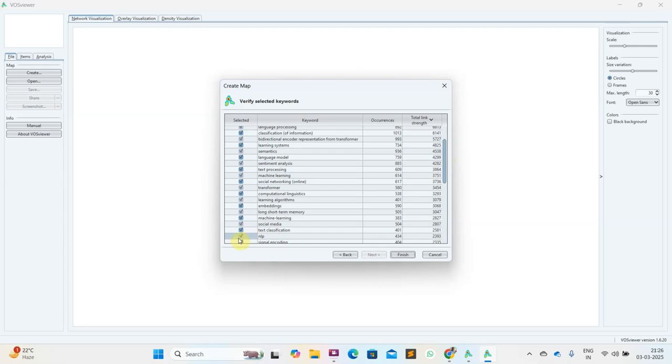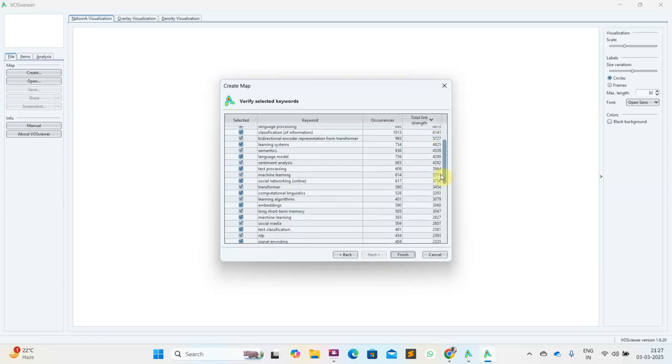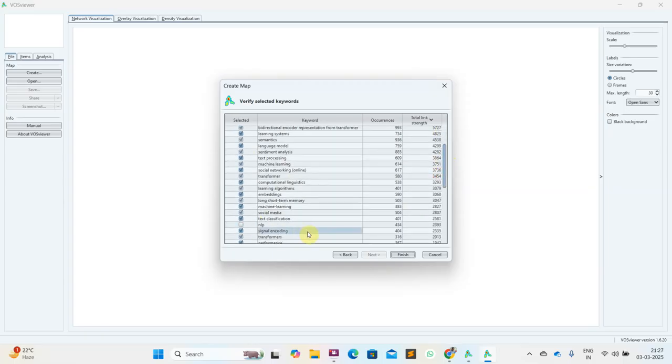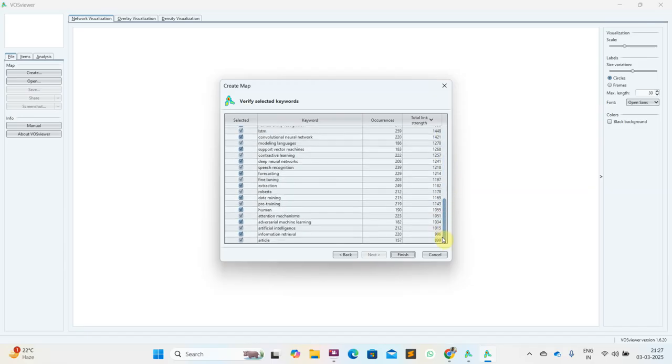Another thing, if NLP appears multiple times, one is the short form and the other is natural language processing, and it's 2 times, so I'm removing the short form NLP. And if you find something unnecessary here, like article, which is not an application, neither an algorithm, you may remove it. It's up to you.